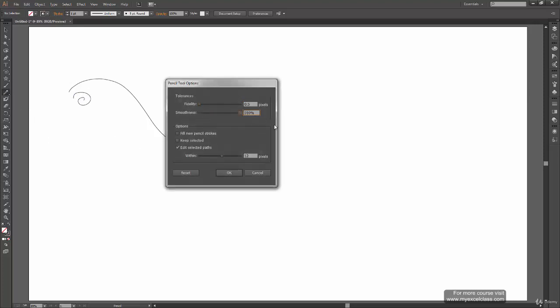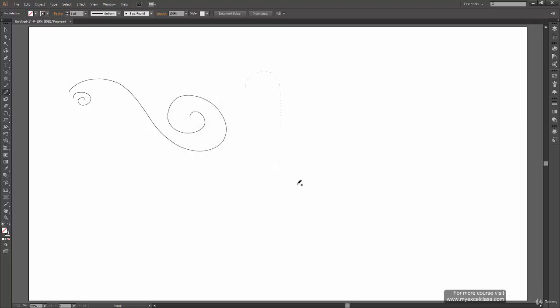But when I increase smoothness to 100%, you can see Illustrator again tries to smooth out the stroke automatically by itself. But here I am not even getting the kind of stroke I want.